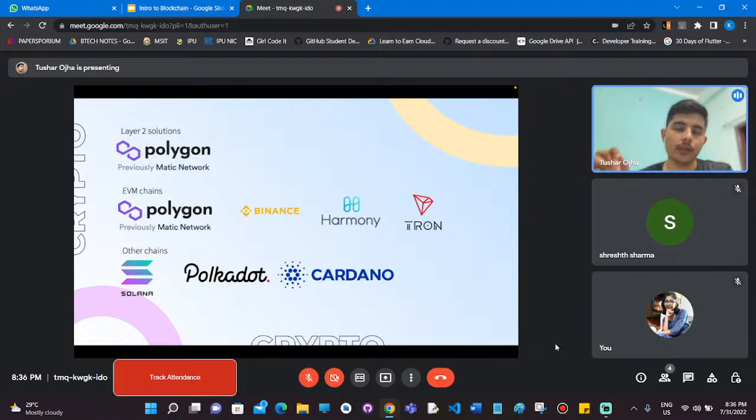That means if you have written a smart contract for Ethereum, it would work fine on Polygon. It would work fine on Binance, Harmony, and Tron, since they all support the EVM, since they all run on the EVM, right? Talking about other chains, Solana is one of the chains